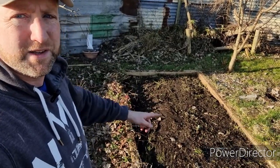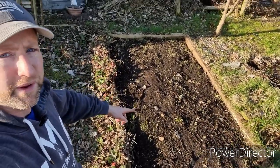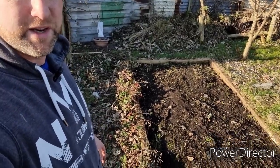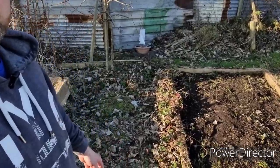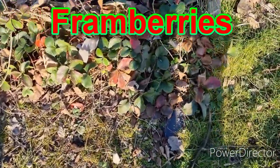Second bed weeded. Wasn't too bad, that one. Less weeds in there, no bindweed, no nettles, just a bit of grass really. But what I did find quite a lot of, all along the sides here,